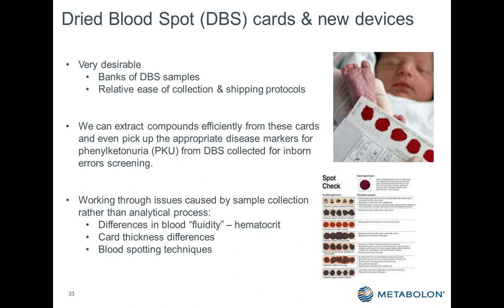Our next challenge has been to be able to analyze from dried blood spots. This has been an interesting project that has gone on for the entirety of 2017. So far, we've been able to show that we can effectively extract metabolites from these cards and pick up markers of inborn errors of metabolism, for example, PKU. The sample prep and analytical processes are in place, and the remaining challenge for this matrix is to determine how much the hematocrit of the samples impacts the measurement of particular metabolites,